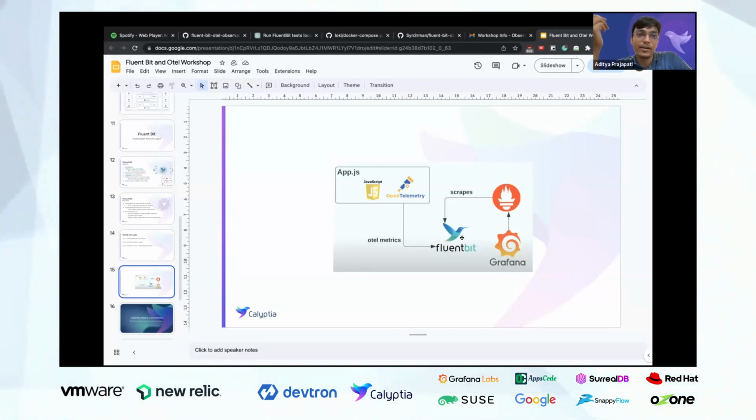Also, Fluentbit has a very small binary size: Fluentbit is 15 MB, and Prometheus itself is, I think, 114 MB. So if you are in an environment where resource constraints are a thing,